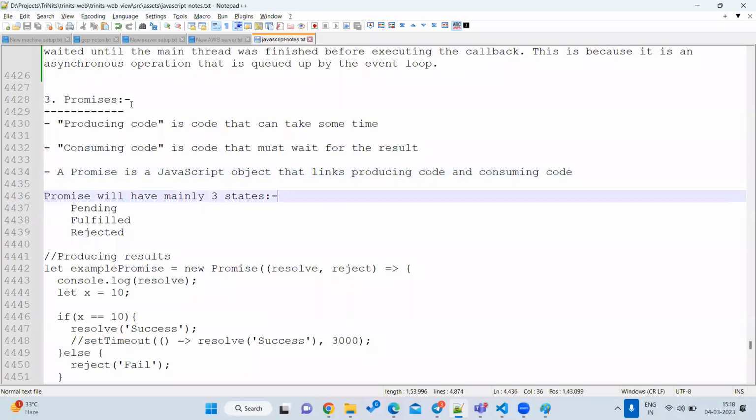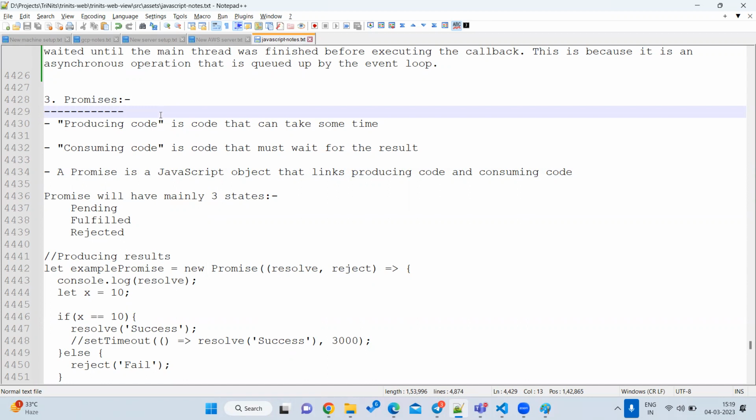Okay. So here, promise. Suppose we want to fetch the data from the backend server. How much time will it take to load from the backend server? We cannot tell it will finish in only 1 second, or only 5 seconds, something like this, right? It is based on your network and on the server performance.